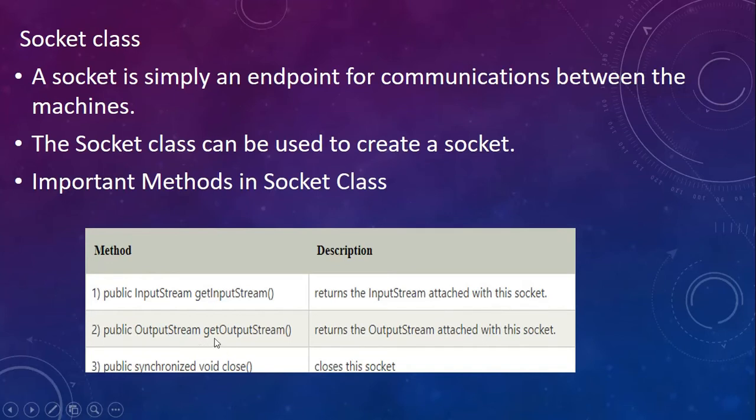There is another method called getOutputStream, which returns the output stream attached with this socket. And there is a method called close, which closes this particular socket. So basically these two methods are used for reading and writing the data to and from the server, whereas this method is used to close the connection link that has been established between the client and that server.